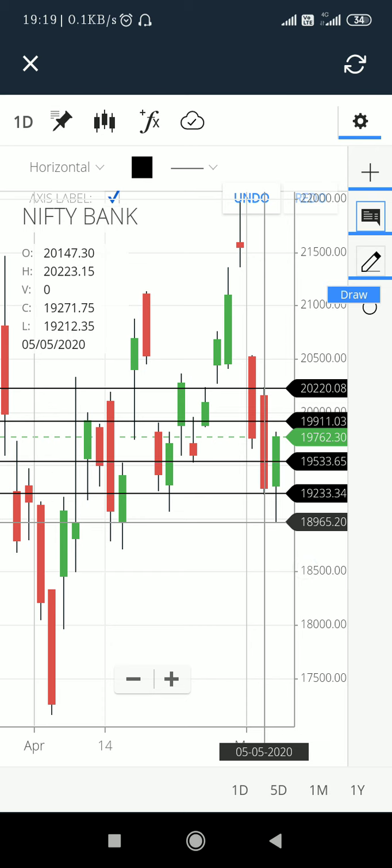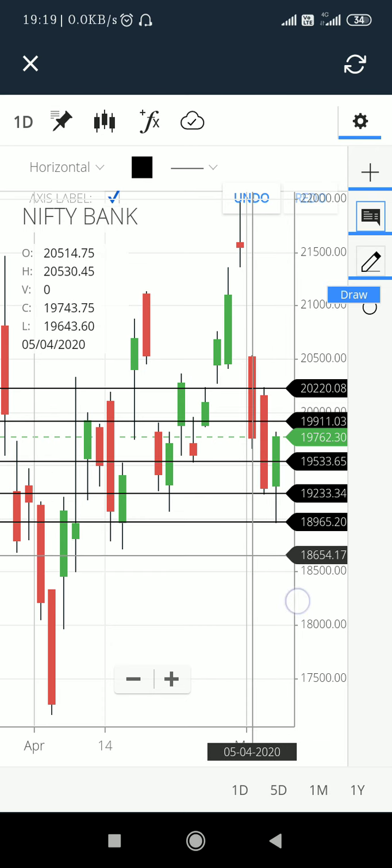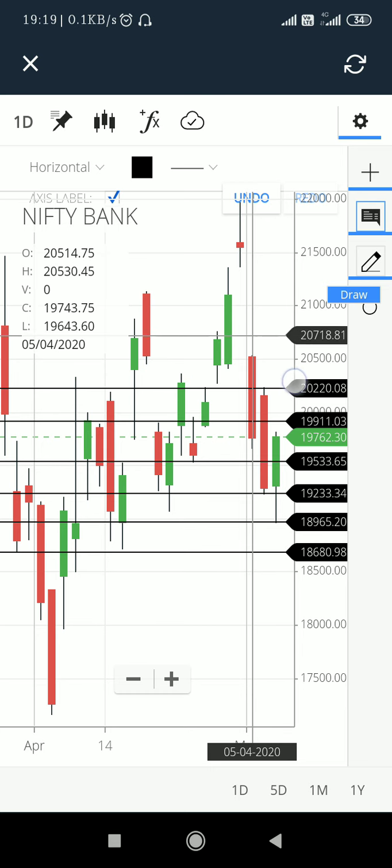So what would be the support? The support would be today's low, and the next support would be at 18,680 or 18,700, as I have been saying for the past couple of days. So that is the Nifty bank analysis. We will not do an option chain in the Nifty bank analysis, as there is not much data, and we don't see the data on the expiry date. If you want, I can also do a Nifty bank option chain analysis, but that won't be needed much, as Nifty bank is much more volatile.